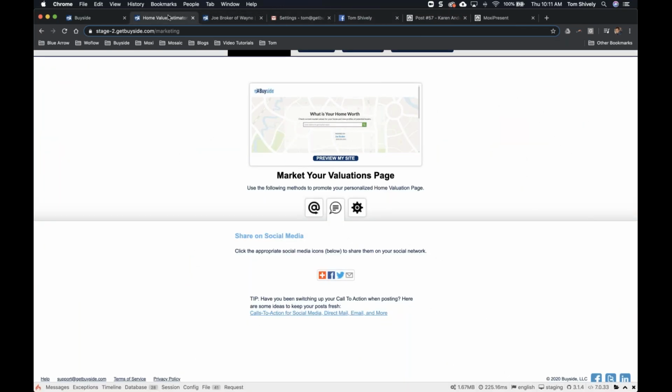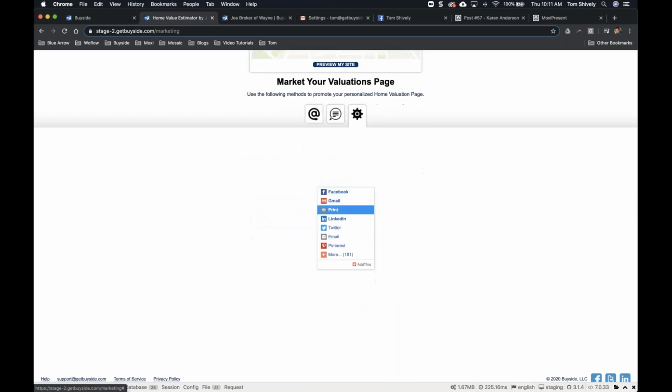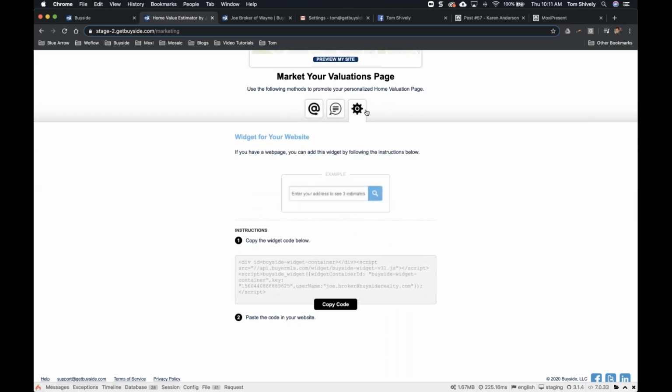Okay, so the third way here is your widget. So we go into that little gear icon all the way to the right. So we've seen our signature first, social media second. This is our gear icon, and it says copy the widget code below. So if you're not sure about what a widget is, or if you want one, which is a good question,